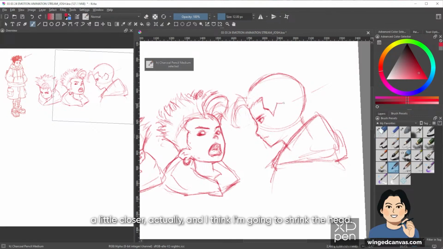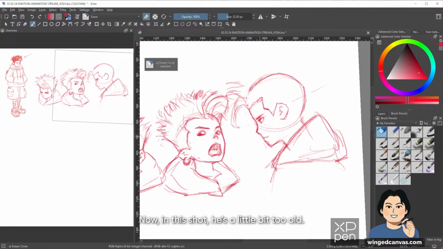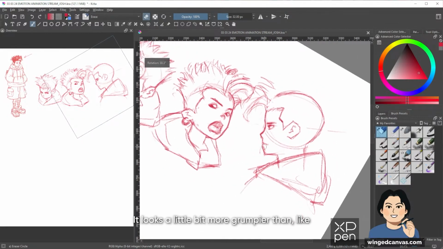I'm gonna move the ear a little closer actually. And I think I'm gonna shrink the head cranium at the back. Might be a little bit too big. And maybe I'm gonna move the mouth. I think I made him look a little too old now. In this shot, he's a little bit too old. He looks a little more grumpy than sad.